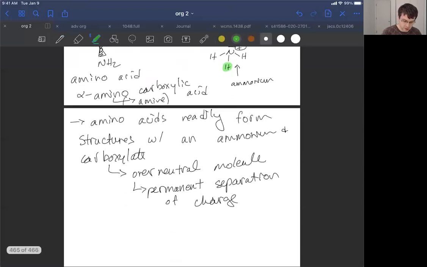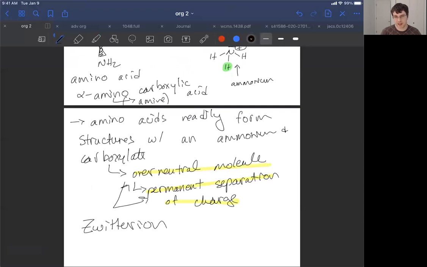Now that's got a special name. If you have these two properties, an overall neutral molecule with a permanent separation of charge, this is classified as a Zwitter-ion. It's German, so I like to put the V on the W. So Zwitter-ion, but Zwitter-ion is fine, whatever. Okay, so these are molecules with a permanent